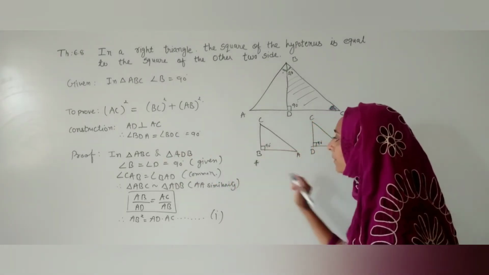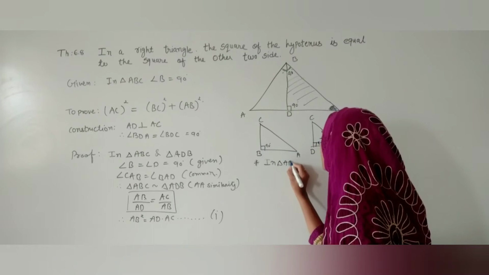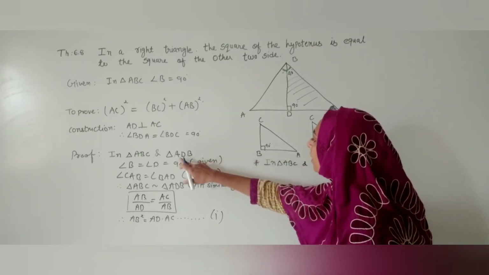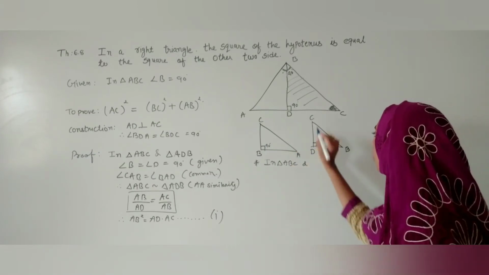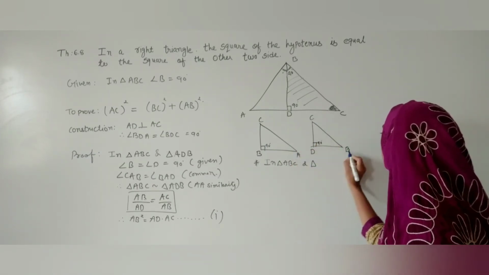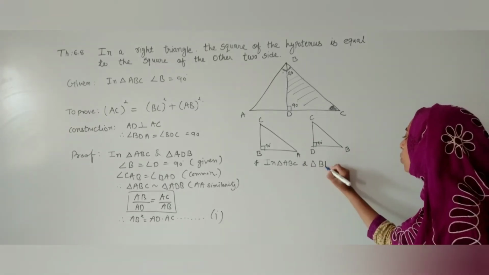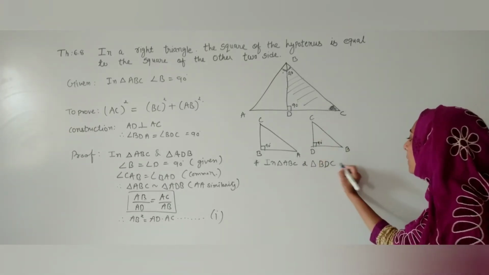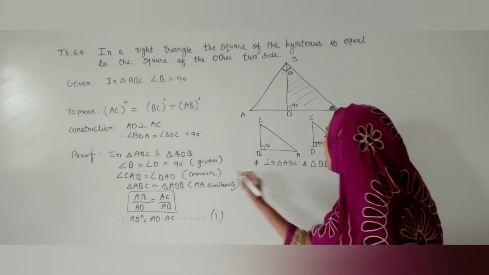We will write the same thing, but here we will make some changes. In triangle ABC and another triangle, earlier it was ABD, but now it is changed. We will write according to that. So here, in the triangle, wherever there is A we have to write B, wherever there is B we have to write D, and in the place of C we will write C, because they are both the same in this case.